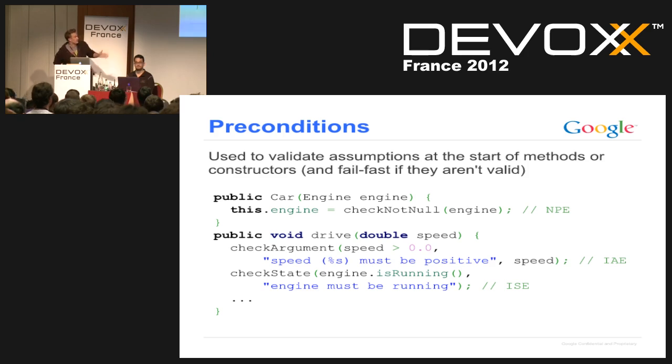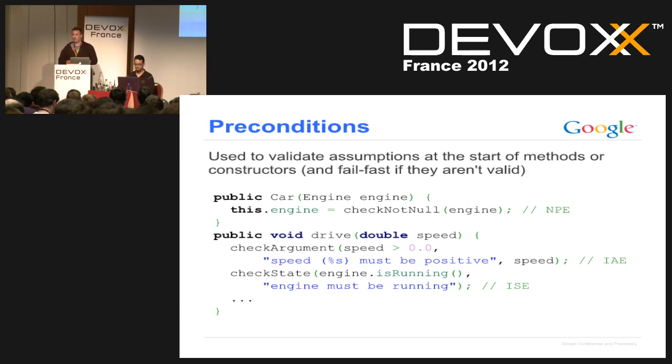I've statically imported these here, since we tend to use these very, very frequently and in almost all classes, we recommend that people statically import them. So the checkNotNull is actually Preconditions.checkNotNull. So it's a static method on Preconditions. Similarly with checkArgument and checkState. So checkNotNull, you pass it a reference to an object. If it's null, it simply throws a null pointer exception.